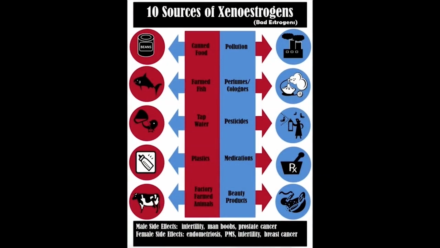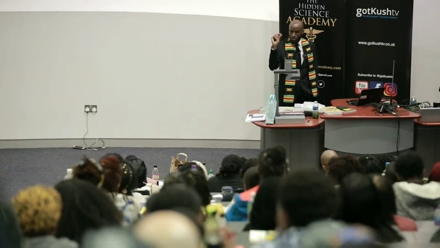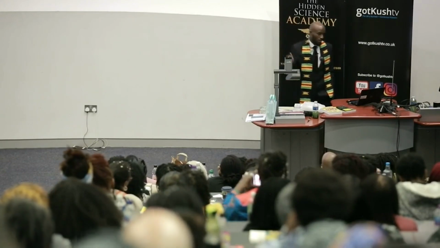This is synthetic estrogen that, again, Sal talked about in your hair products, in pesticides, tap water, canned foods, plastics, and beauty products. Again, don't get angry with me, this is science. Beauty products are high in estrogen. So if you're using a lot of makeup, that's another way of getting estrogen in your body. And again, it's the estrogen that leads to your fibroids. The high estrogen leads to the tiny fibroid growing to be as big as a grapefruit or even bigger, like a watermelon.